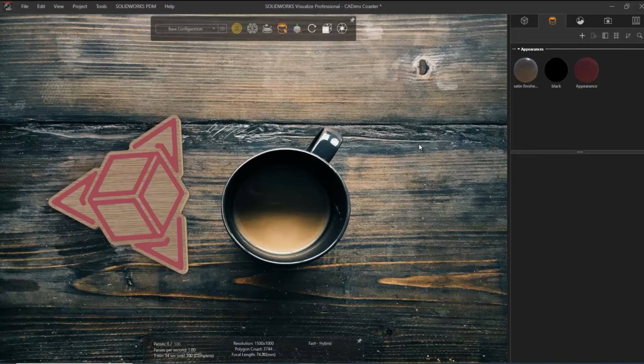So as you can see, it's very quick and easy to make adjustments and get that rendering just the way you like it. Wow, that looks awesome. And it took me very little time to get a rendered image from my CAD software so I can send this off to my marketing team and get some buzz going around these awesome CAD Dimensions coasters that I know